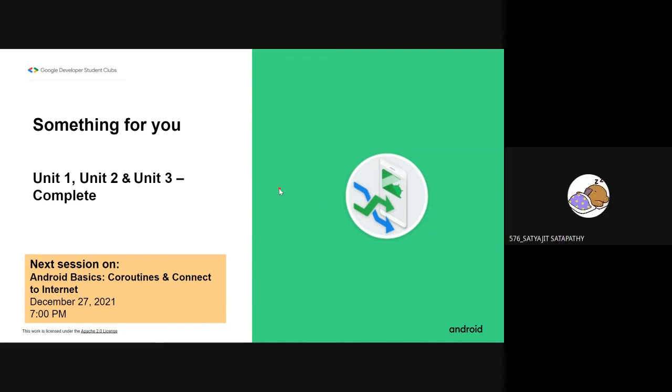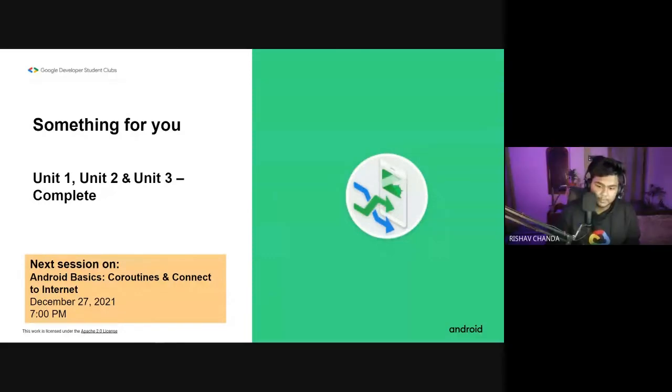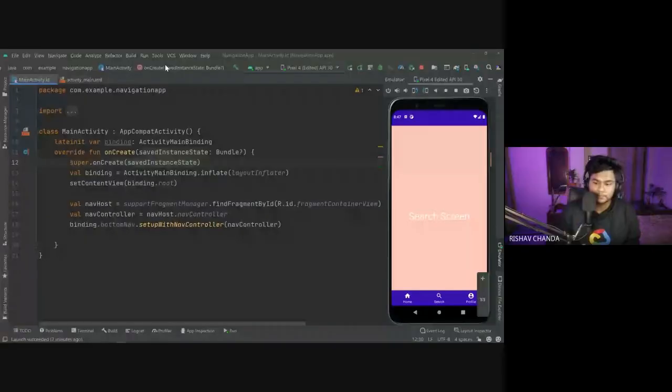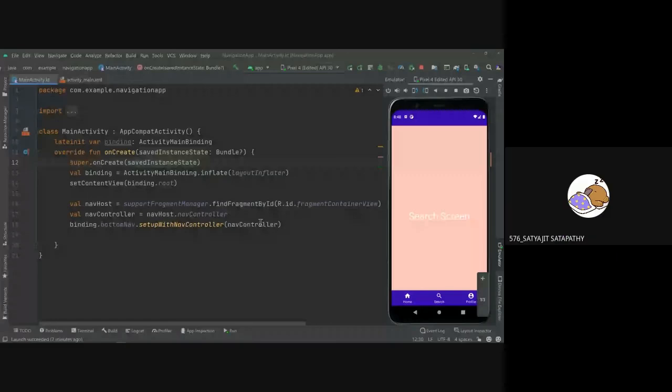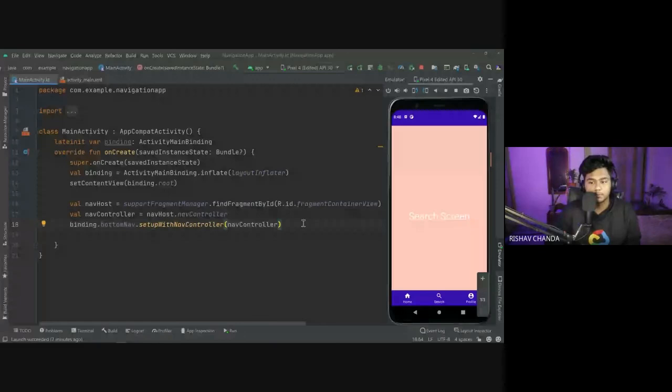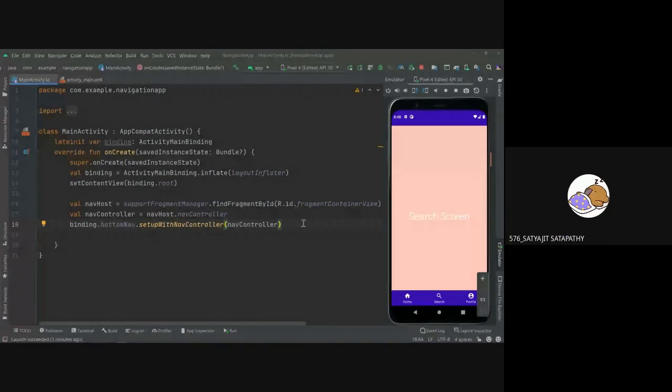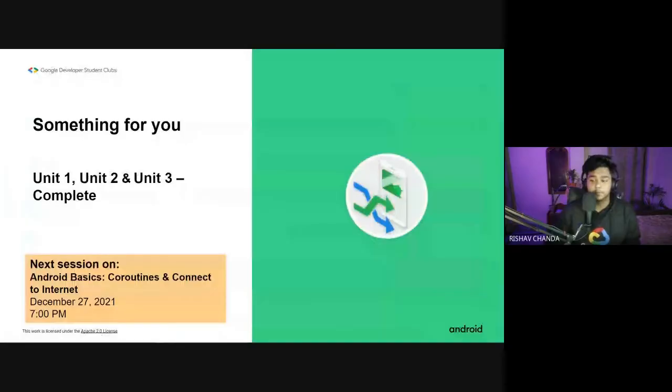Bhaiya, just a minute. Can you again show me MainActivity.kt? MainActivity, wait. This one. Bhaiya, it's not visible actually. I think you have presented that. Yeah, now you can see. Got it. If you are done, then tell me, so I will move into the PPT. Yeah, I am done. Yes, Satyajit Bhai, you can take over and explain the announcements.